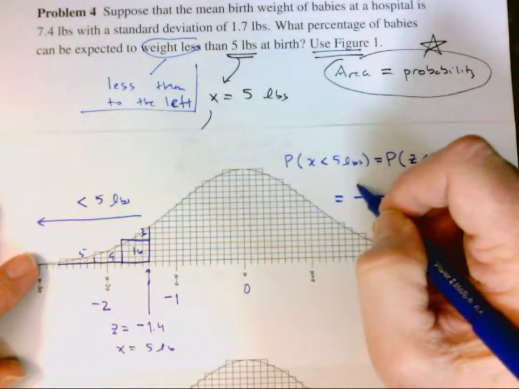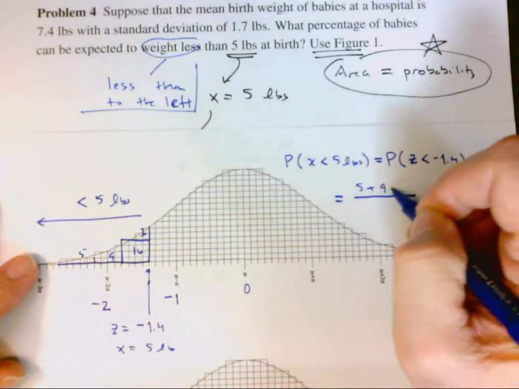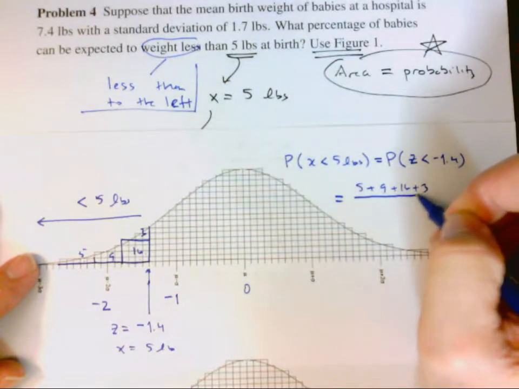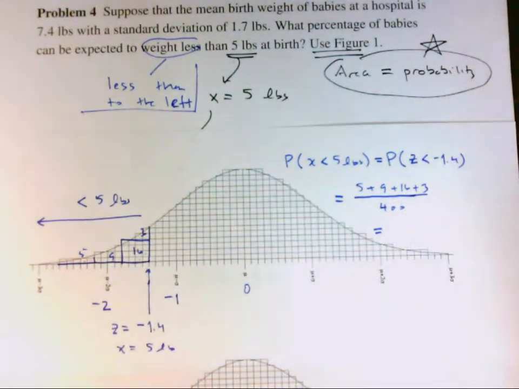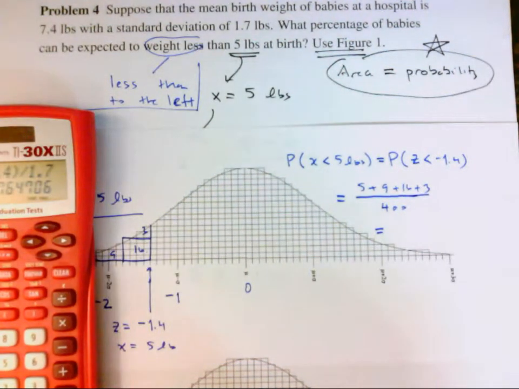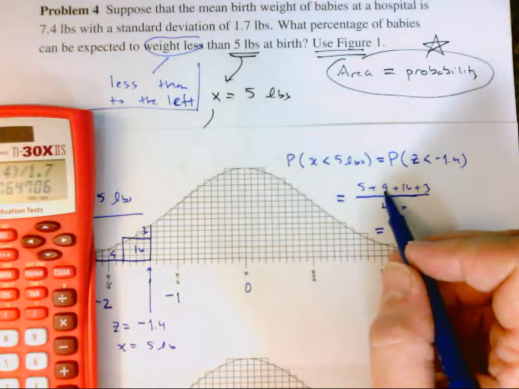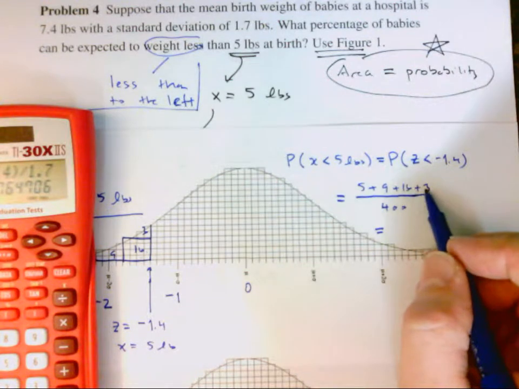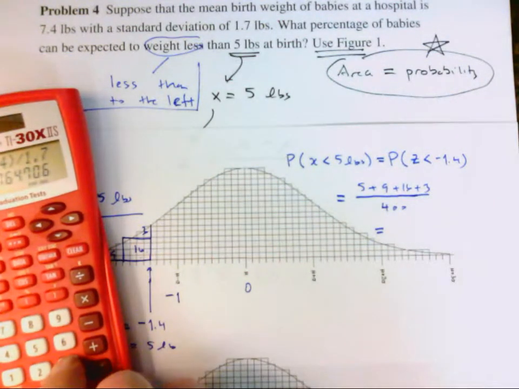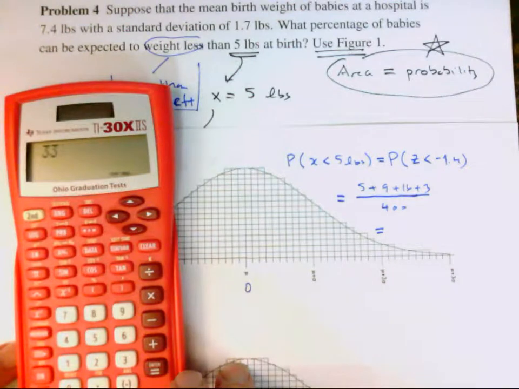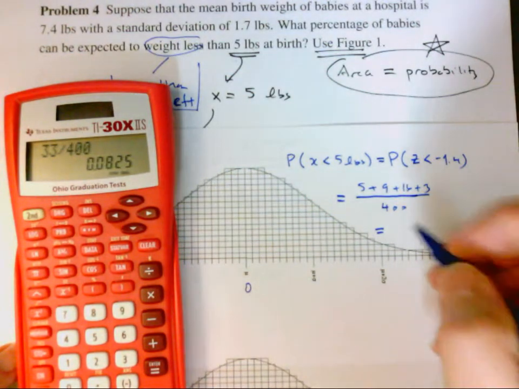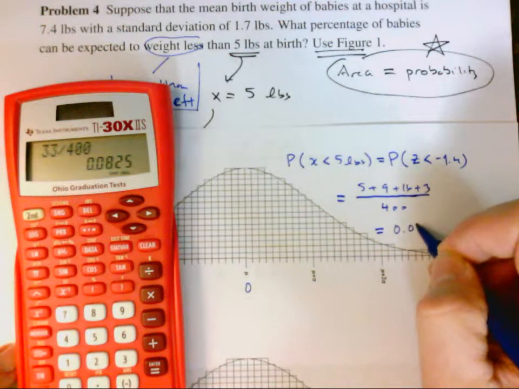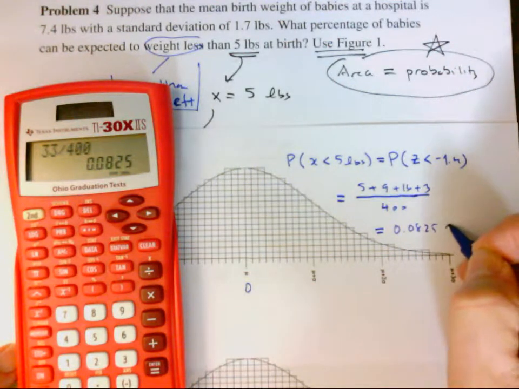That's going to be 5 plus 9 plus 16 plus 3 divided by 400. 5 plus 9 is 14, plus 16 more is 30, plus 3 more is 33. So 33 divided by 400, we get 0.0825. So approximately